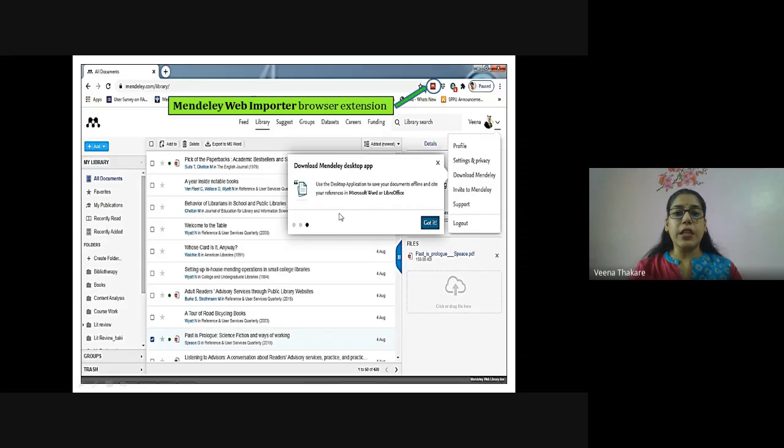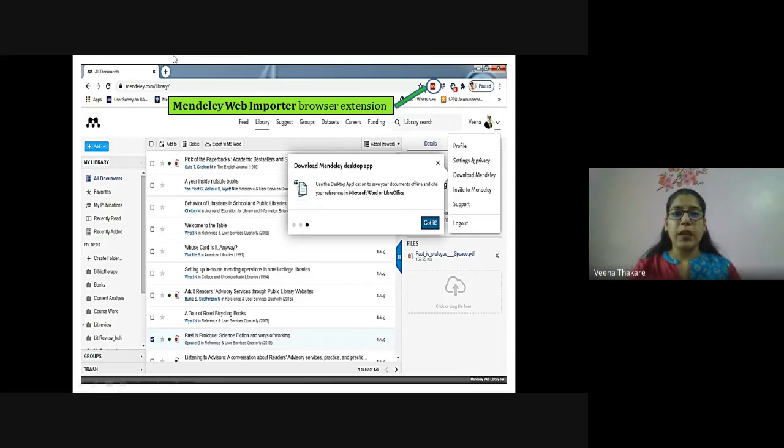Note feature, another feature that we're going to see. But Mendeley desktop, either on your desktop or your laptop, that's the best of them all. So as I said, the importer browser extension, the one I talked about, you can see it here. If you just click it, you'll be able to download whichever reference you are using. So suppose you're searching, as I said, in Google Scholar, for your particular keyword, the articles on your keyword. You want to download those references. You can readily download with this extension.